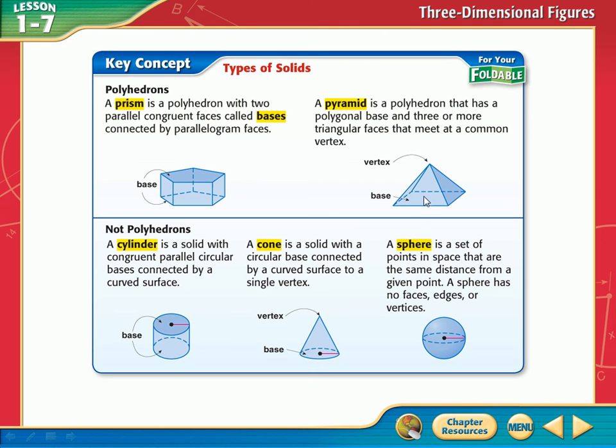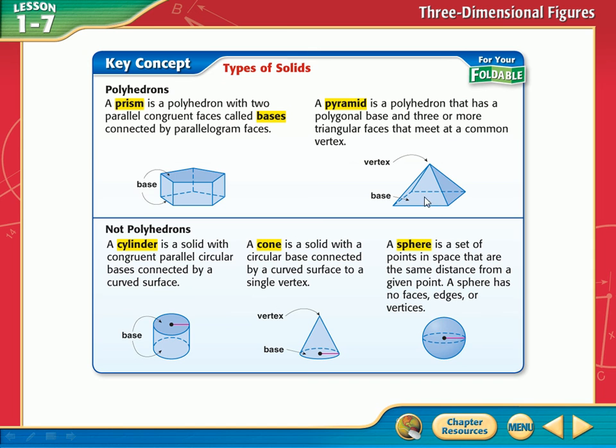It's got a polygon base. This base just happens to be what kind of a base? Yeah, it's probably a rectangle. Could be a square, I guess, okay? We'll say it's a rectangle. It's a rectangular base, all right? So it's a rectangular pyramid. What if there were 5 sides on this base? Then it would be a pentagonal pyramid.